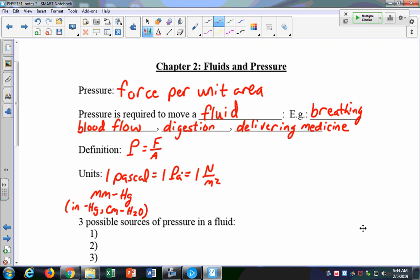So we'll see a video about how that's problematic to use water or a fluid that's not as dense as mercury to measure pressures because of the immense atmospheric pressure. That's another unit that we'll use, is the atmosphere. 1 atmosphere, that's the pressure that we feel right now. And 1 atmosphere,